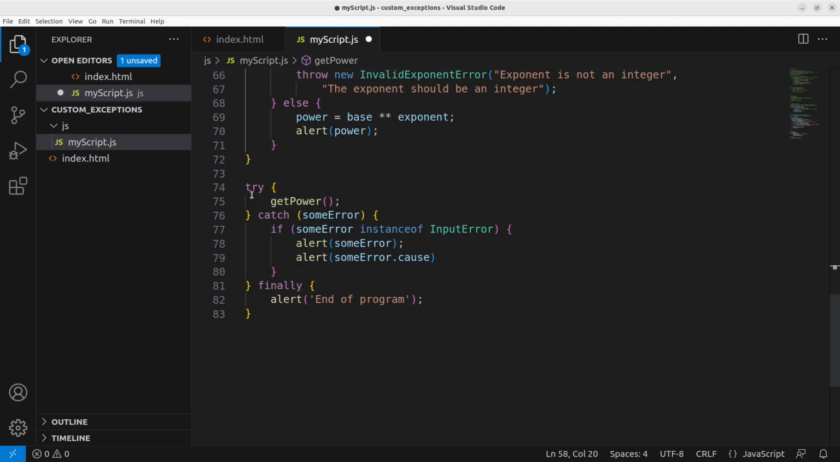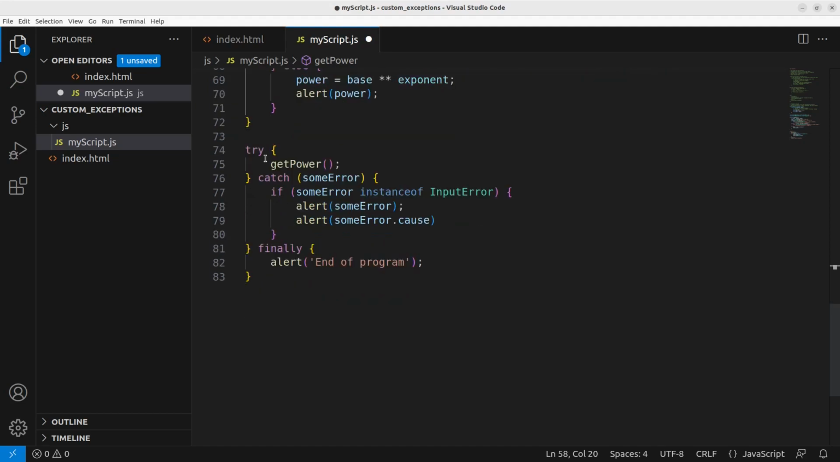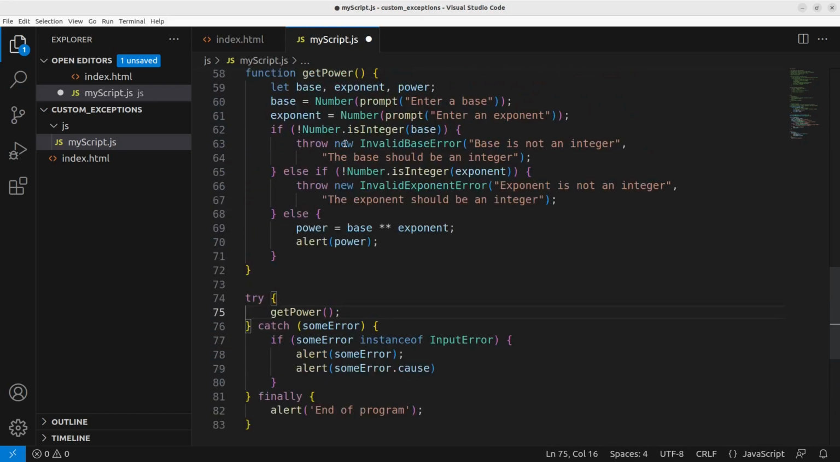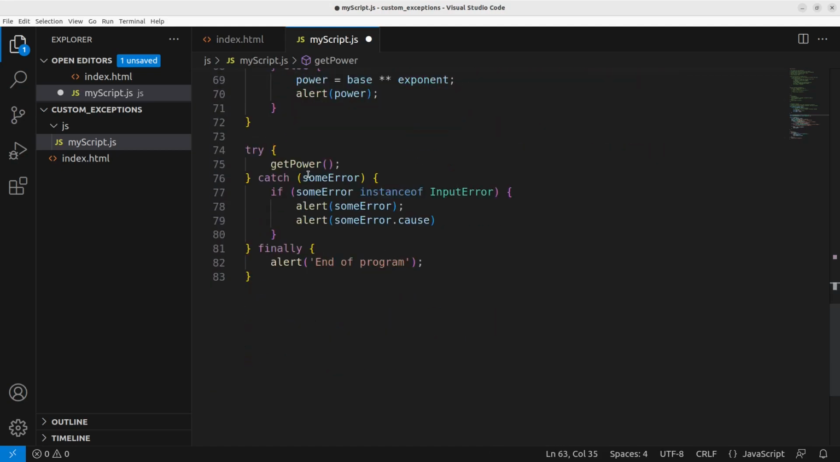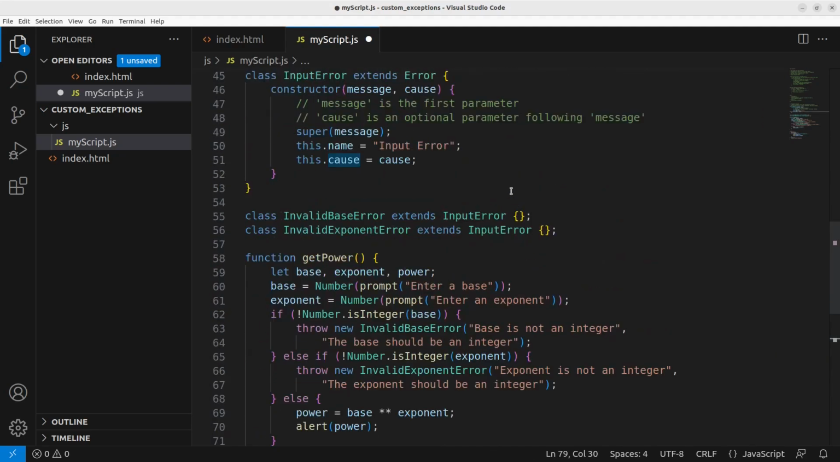I put it in the try-catch-finally block. So when the getPower function is called, I really need to check for the exception objects that are thrown by the getPower function. So if I catch some error objects from the getPower function, I have to check whether that error is an instance of the InputError. If that's the case, I can print out the content of the error, and I can also print out the cause of the error. So the InputError is that thing